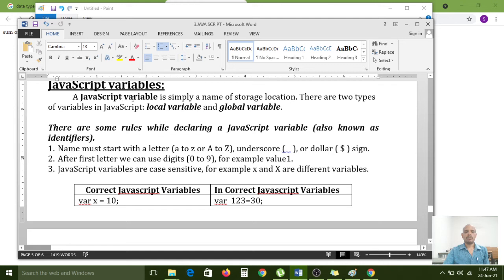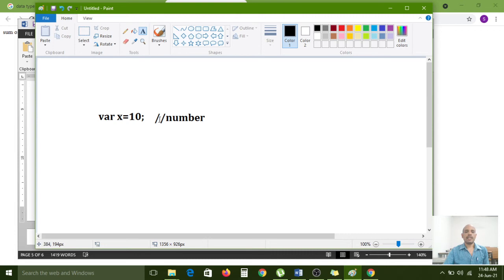A JavaScript variable is simply a name of storage location. If you write a statement like this in your program, based on this value, the number data type is decided by the var keyword. While executing, it will occupy some memory for the number, providing internal storage. In the RAM, it will give some space for the x